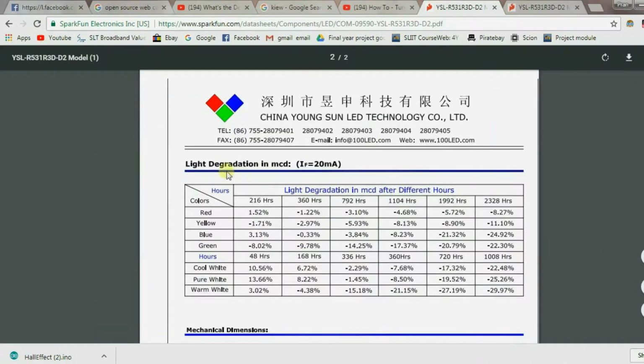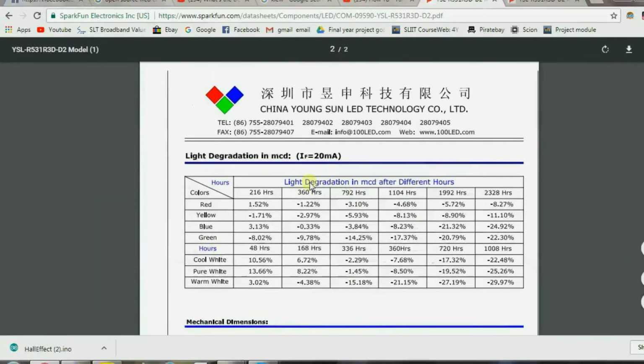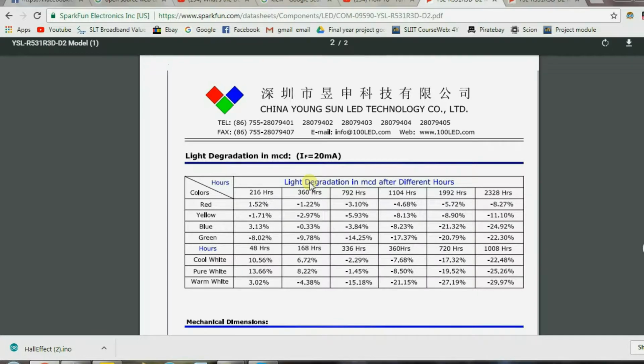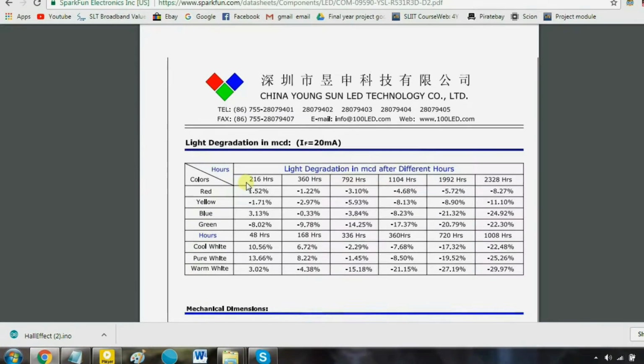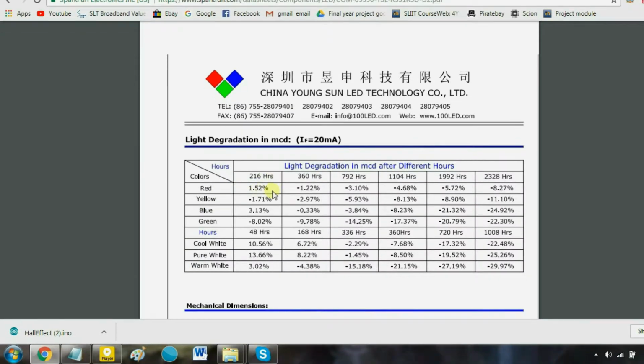So this is important. Although this is a red LED, they have provided some information about other colors as well, such as yellow, blue, green, cool white, pure white, warm white, and so on. So this is the light degradation in LEDs. As you may see, after 216 hours it drops to 1.52 of the maximum